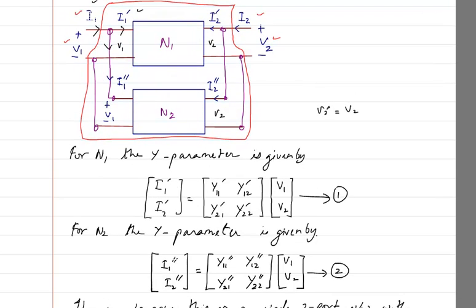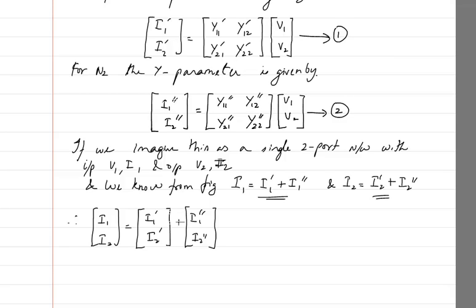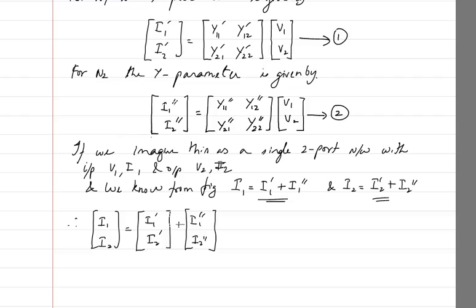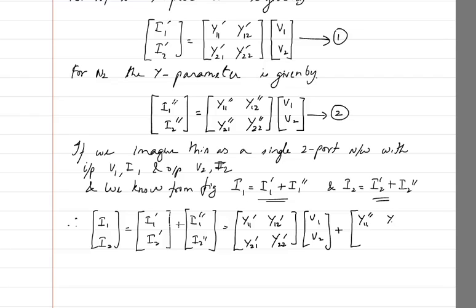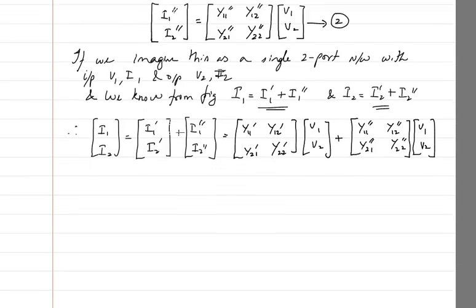according to the figure, I1 is going to be I1 dash and I1 double dash. Therefore, from equation 1 and 2, I will get, this is basically what? 1 plus 2. So I can write, it is going to be y11 dash, y12 dash, y21 dash, y22 dash into v1 v2 plus y11 double dash, y12 double dash, y21 double dash, and y22 double dash into again v1 v2. From where I can see v1 v2 is common, therefore I can write I1 I2 is